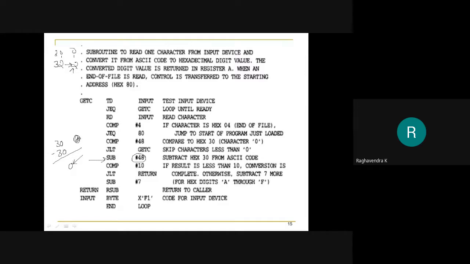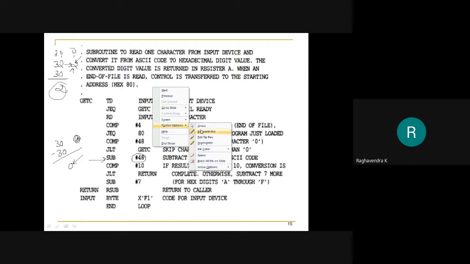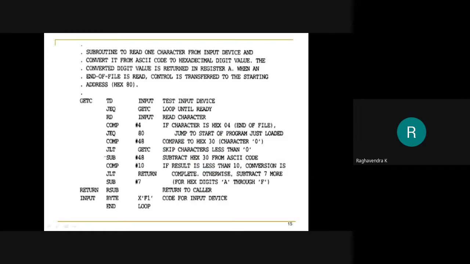How much do I need to subtract in order to get the decimal value 2? Obviously I need to subtract 30 so that I will get 2. So you will do that. Even though we are reading the hexadecimal value, I want to store the decimal value. So that's why if it is more than 30, we will subtract 48 from it.